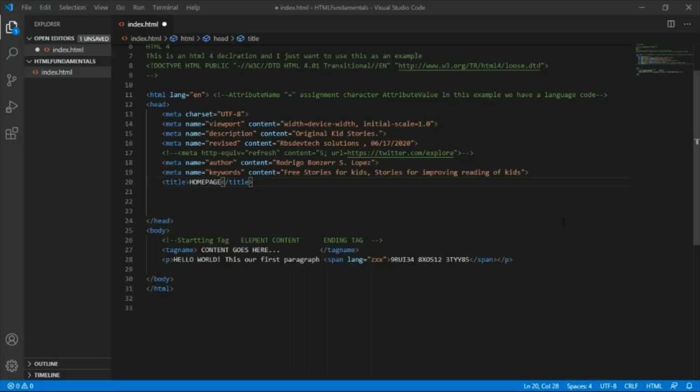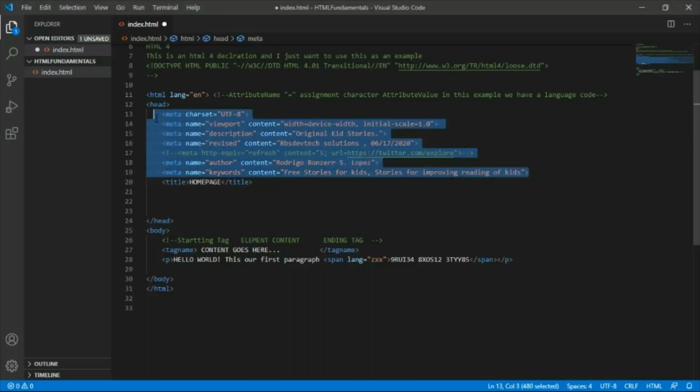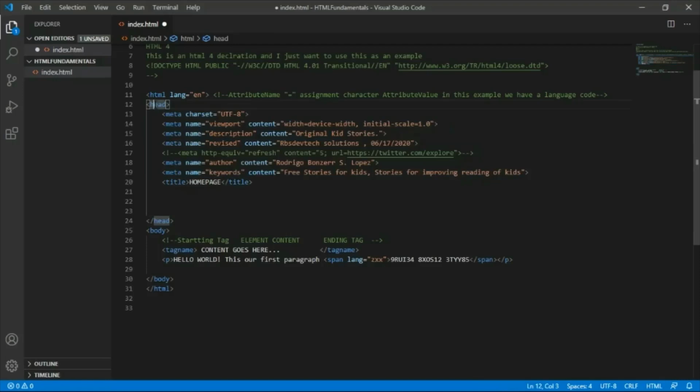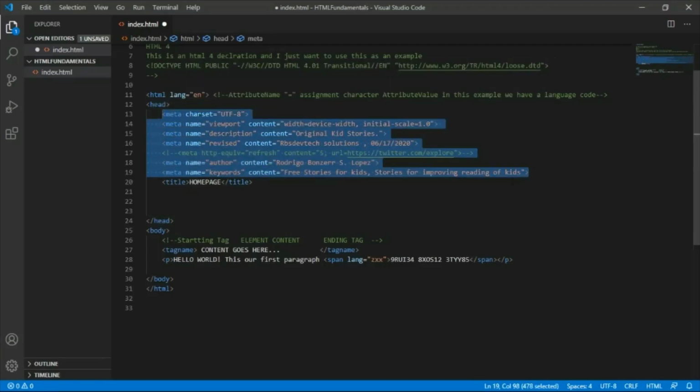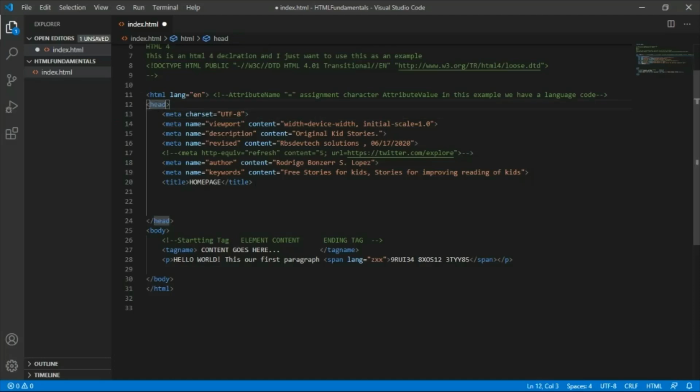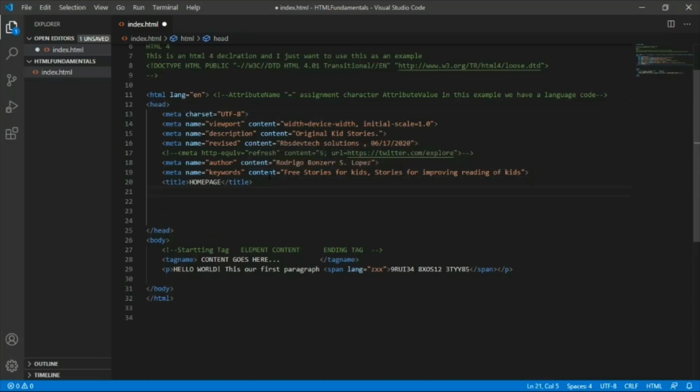Now that we are more familiarized with the meta tag elements inside of the head element, which are data or additional information, data about another data that is commonly used to describe the content of your websites, let's talk about another child element of the head element, which is the style element. So we have here the style tag, which is an element that is used to apply a simple style sheet